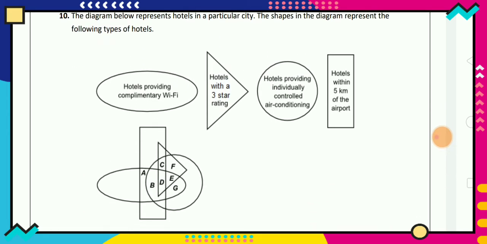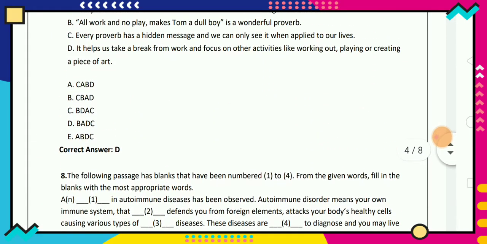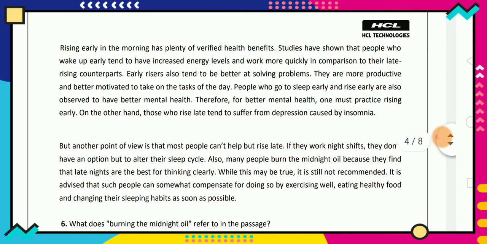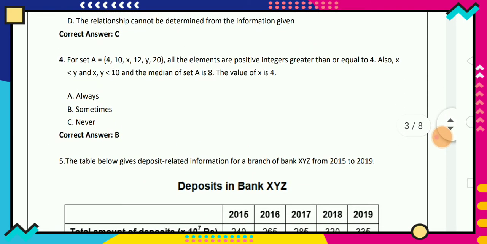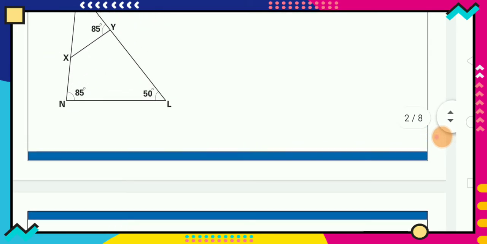This topic I also saw in the question paper, guys. This is all very easy. You can easily tell, guys. What will be more tough? This is the last part of the section questions, guys. Match and rearrange the sentence, that one I found really tough. Fourth one: always, sometimes, never. I think there are 5 or 7 questions like this, guys. Always, sometimes, never is very hard in my knowledge.